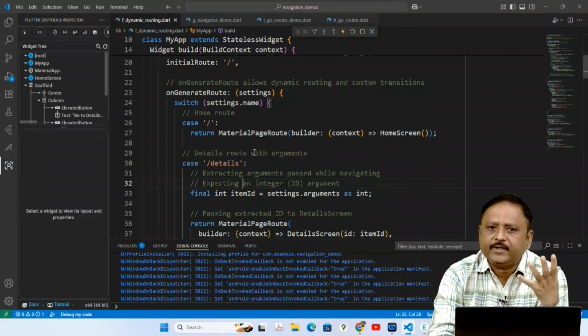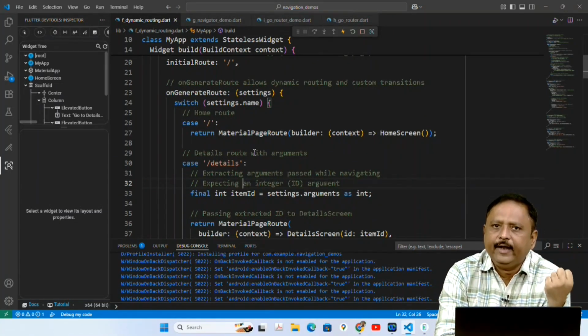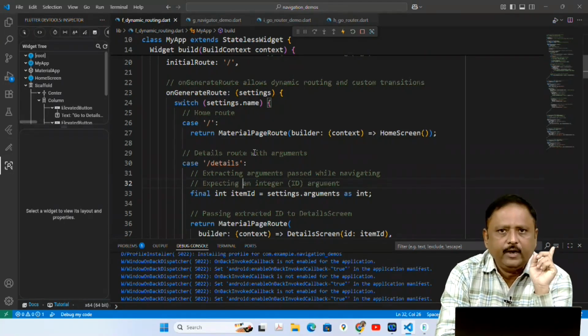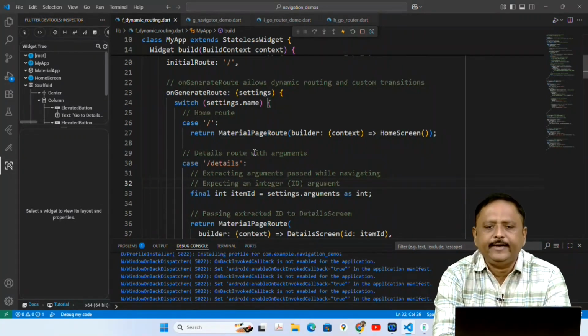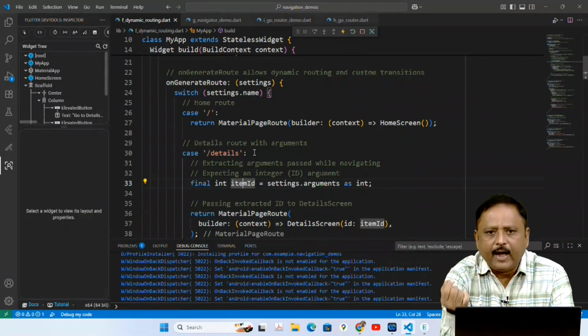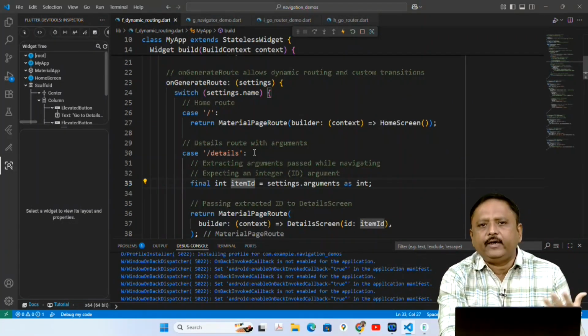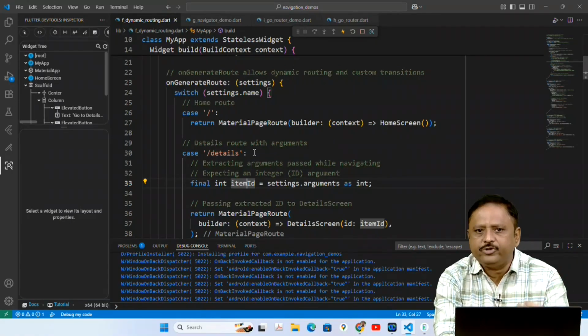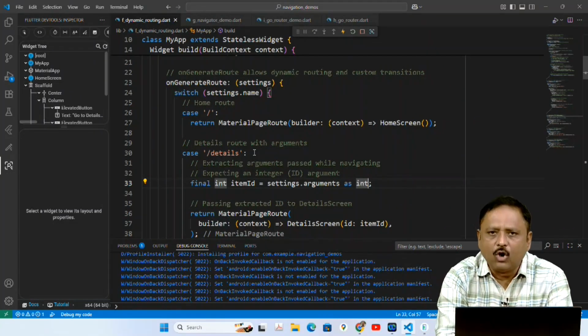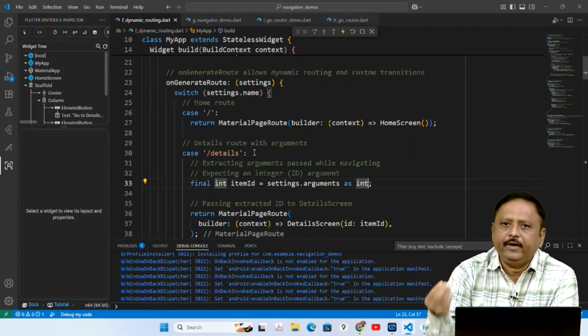Here we need to extract the argument passed while navigating. We expect an integer value because in pushNamed we have passed an integer value. Here I declare one integer variable with the name itemId, and how can we get the value passed inside pushNamed? Using settings.arguments as int, because arguments generally returns an object, so we must convert it into an integer.